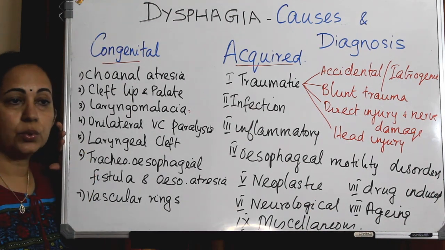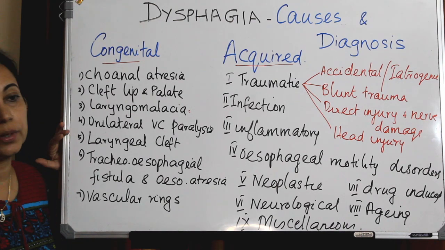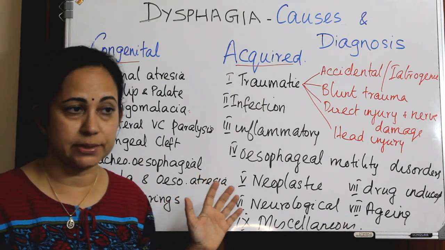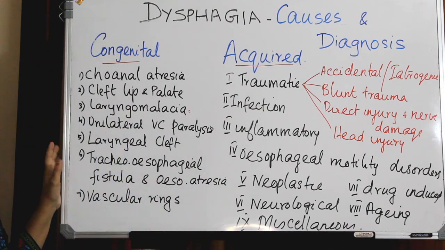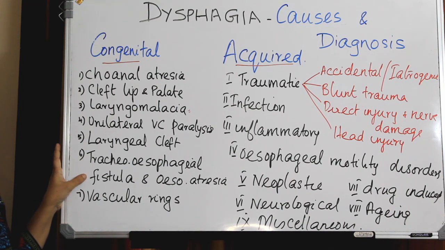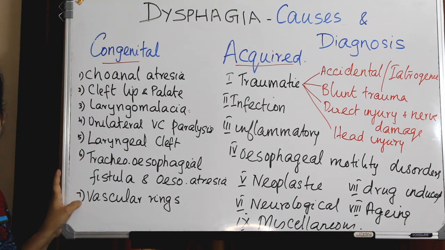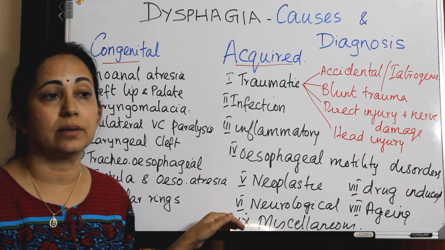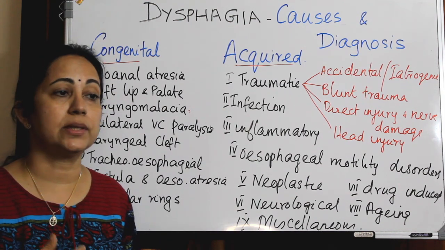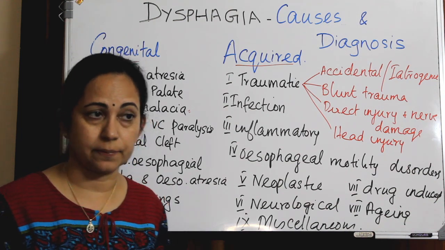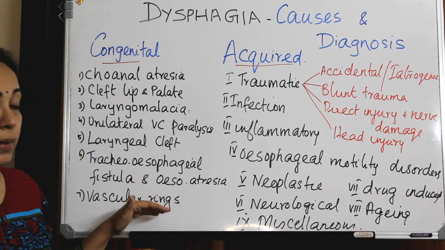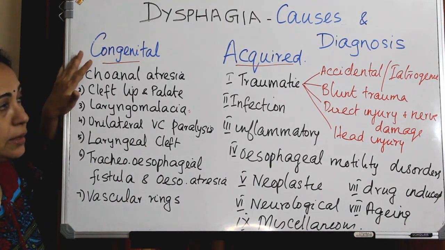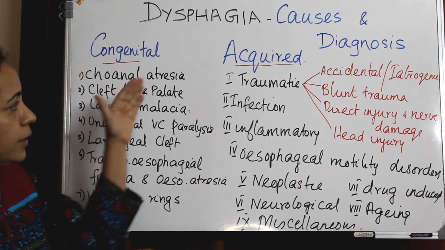Laryngeal cleft can also present as difficulty in swallowing, and the management and the degree of dysphagia depend upon the type of laryngeal cleft, which we can discuss after this. Also tracheoesophageal fistulas, esophageal atresia, vascular rings. Vascular rings are a disorder caused by anomalous vascular compression or anomalous blood vessels, and they may also be a cause of dysphagia. So these are some of the commonest causes of congenital dysphagia, and in acquired conditions we